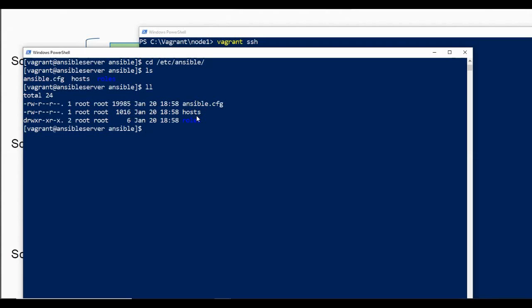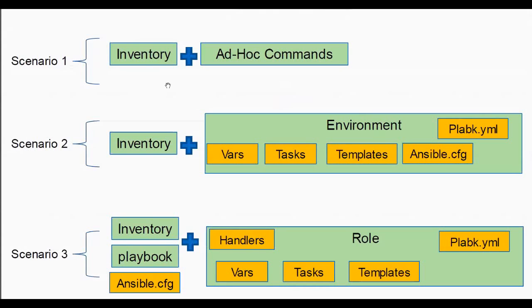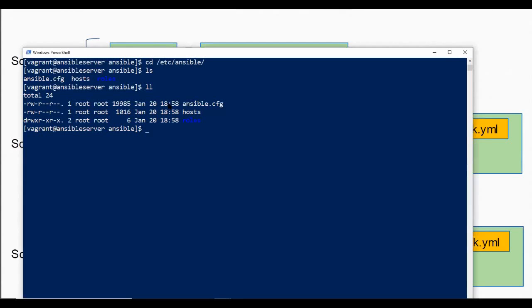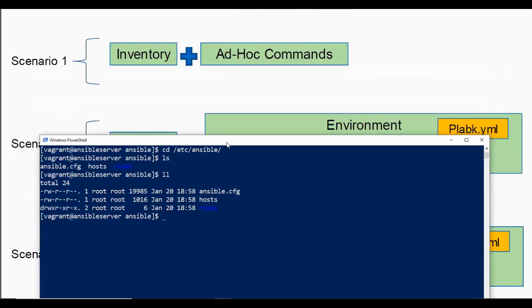So in our discussion here, we were talking about the inventory file. The inventory file is the one which is named hosts here. Now, the name of the file can be anything. Instead of naming it hosts, I can name it ABC, XYZ, or anything of my choice.